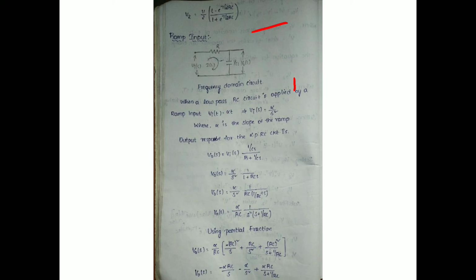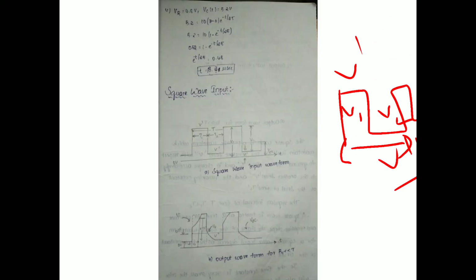So first we have to write the operation of the square wave input when it is applied to the low pass filter, that is, how the signals will change at the different time constants. When different types of time constants are applied, we have to observe how the signals change. For those values we have to calculate the V1 and V2 voltages. This is the square wave signal when it is applied to the low pass filter.